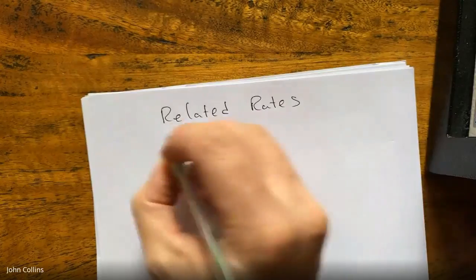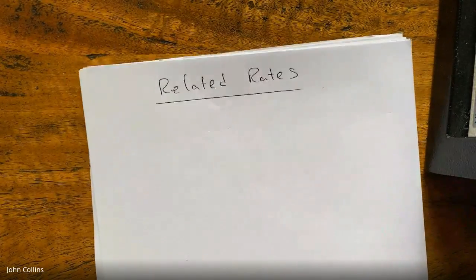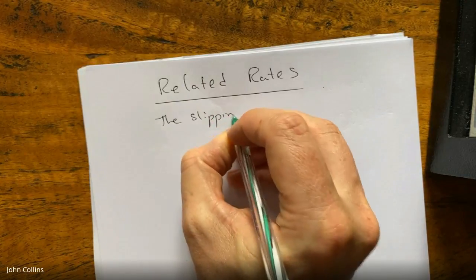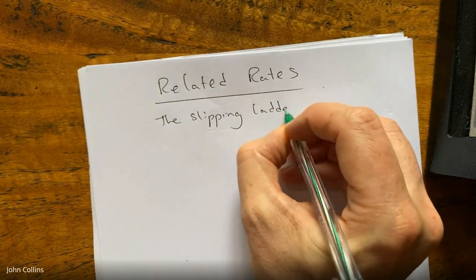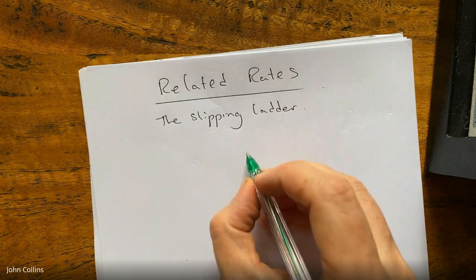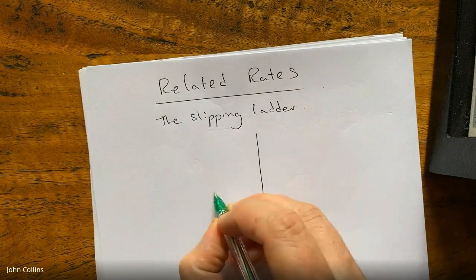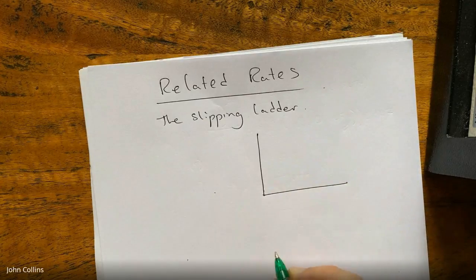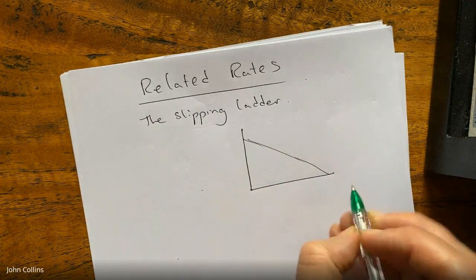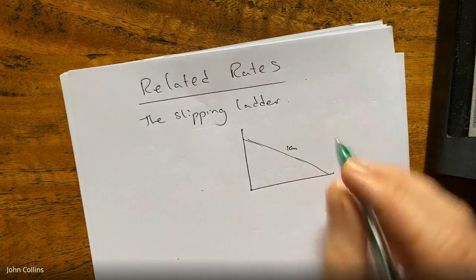Perhaps you did, perhaps you didn't. There's also one in the book. The slipping ladder is used a lot. So the question is, you have a ladder up against the wall. So let's say a wall here like that. And you have a ladder of 10 meters lying up against the wall. So that's a 10 meter long ladder lying against